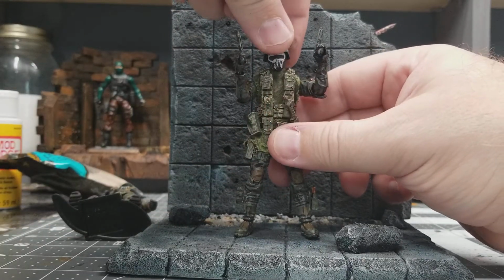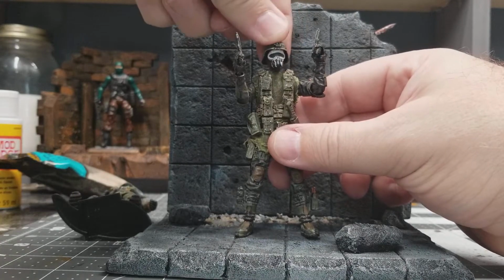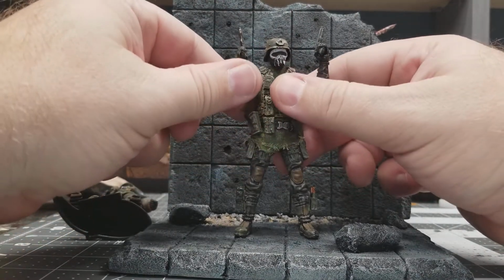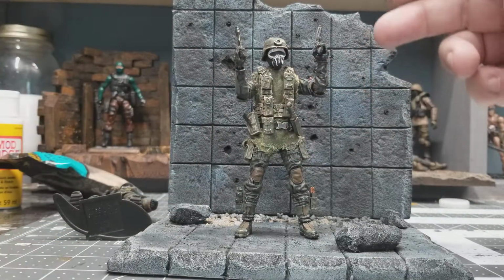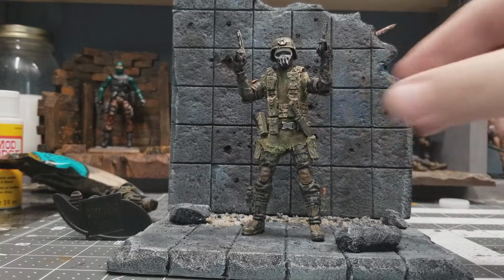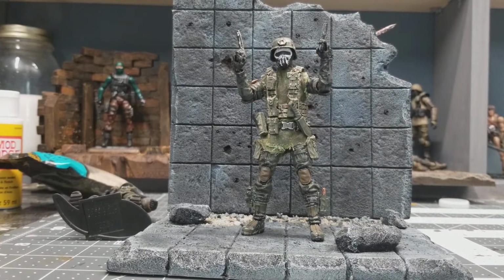Just showing you my custom here. It's amazing what can be created with various techniques and the weathering. I know a lot of people don't like this style weathering, and they like the clean look for a figure. I don't blame them. It's all preference. But this